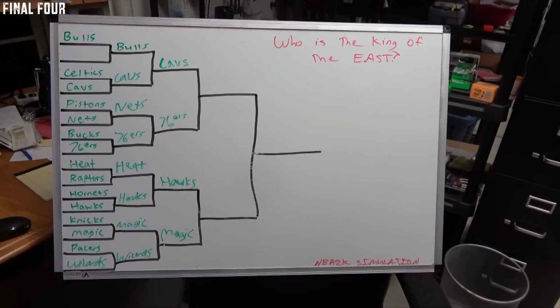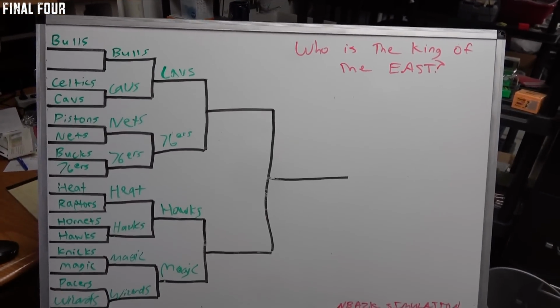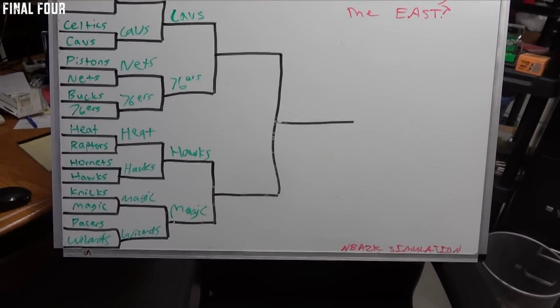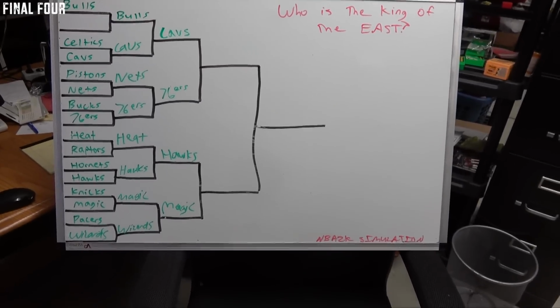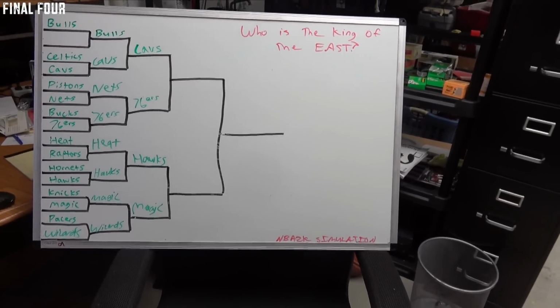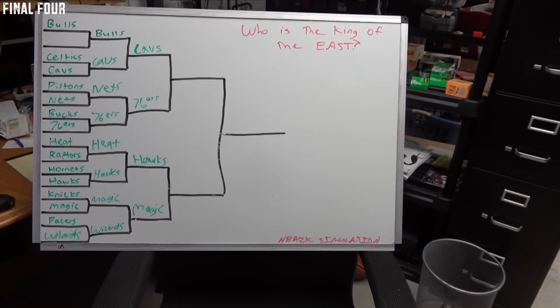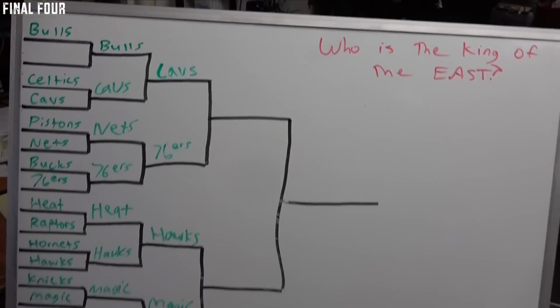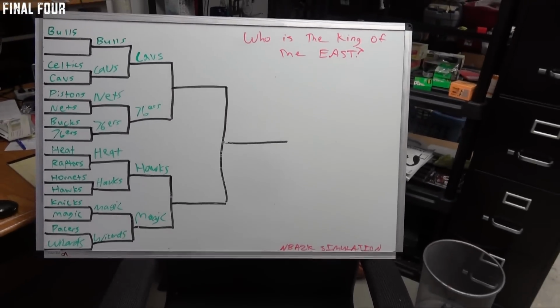The Final Four teams. We got the Cavaliers versus Sixers and the Atlanta Hawks versus the Orlando Magic. Yes, the Magic have made it this far. Anyways, it is time to simulate to see which 2 teams move on to the championship finals. So it's time to continue this 2K simulation with live games. Let's simulate the Final Four. Here we go.